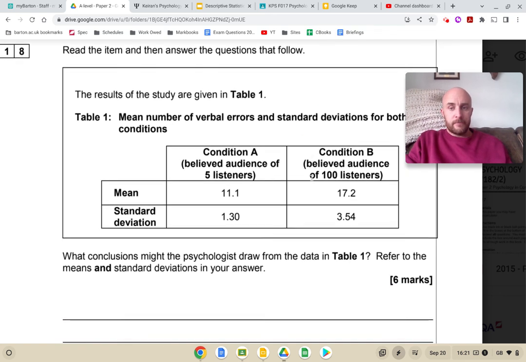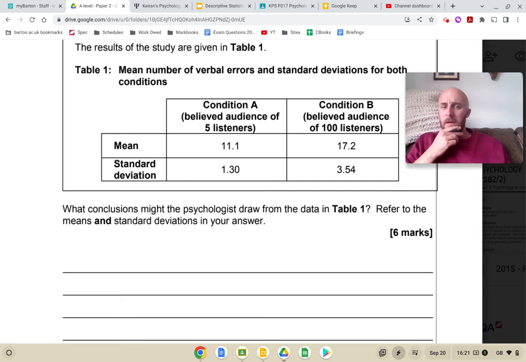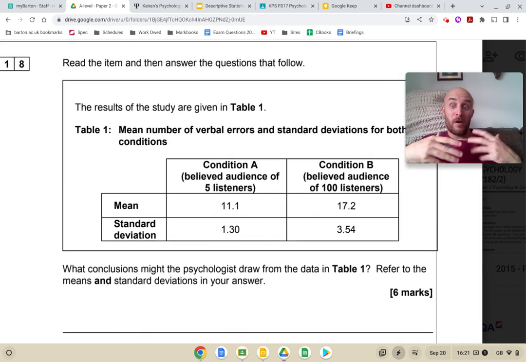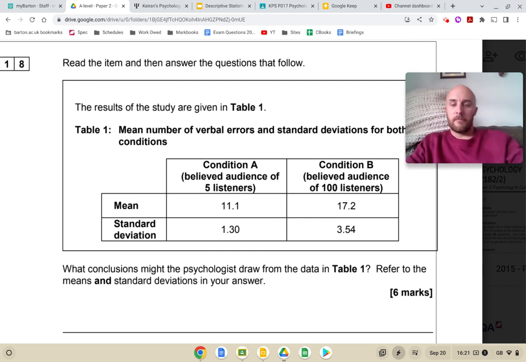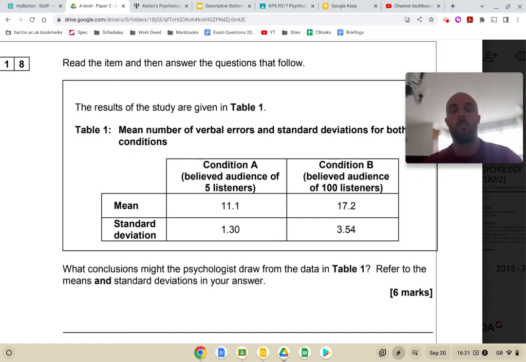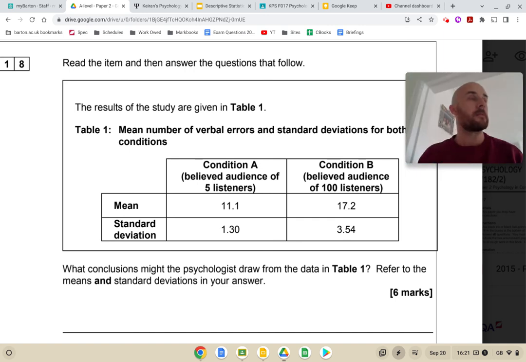Now I found a question in one of the papers. This is how this question almost always comes up. You're given a mean across two conditions, and you're given a standard deviation across two conditions. I do show this example stem quite a bit, to be honest, but this is a stem about how many verbal mistakes you make if you're talking to 5 people compared to 100 people. And as you can see, the mean is much, much higher when people think they are talking to